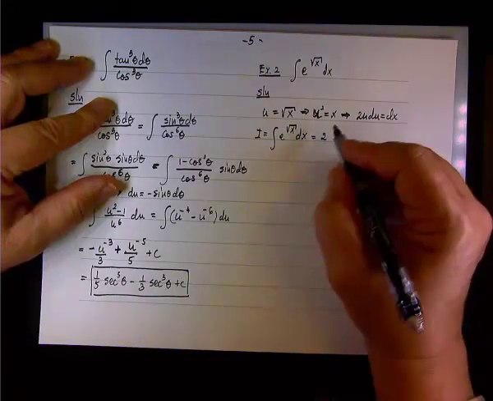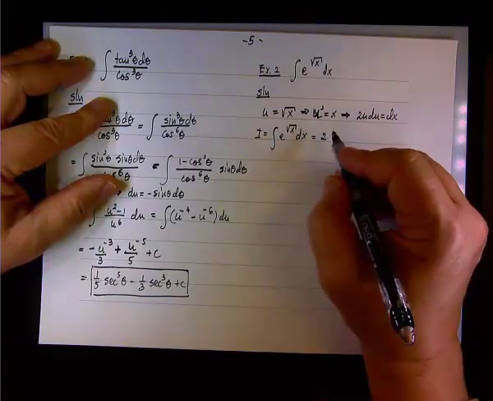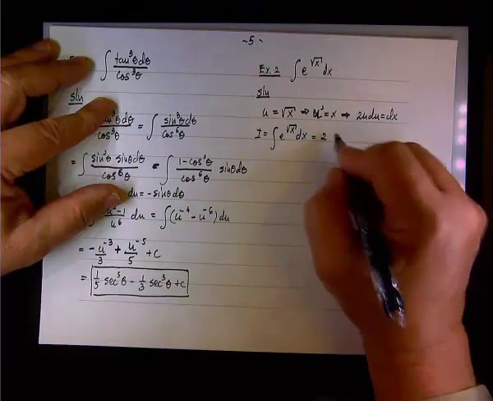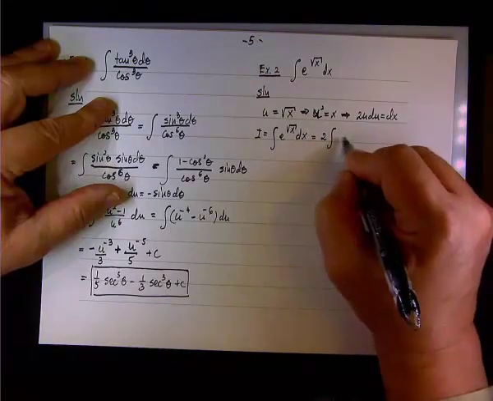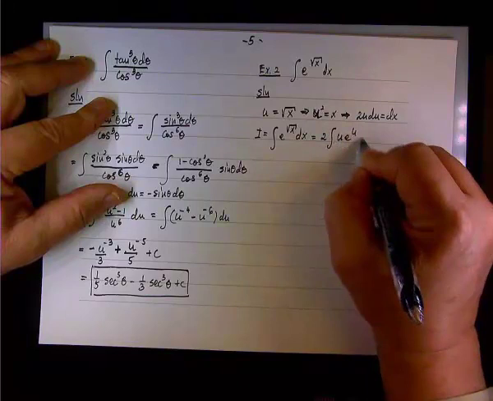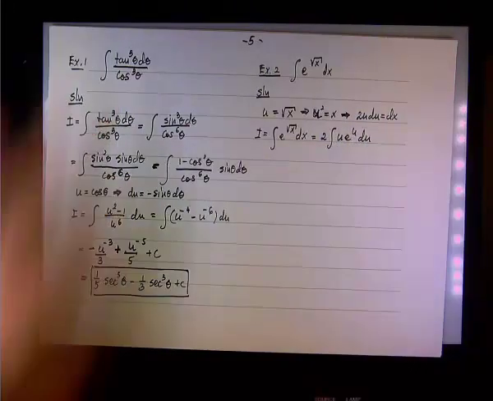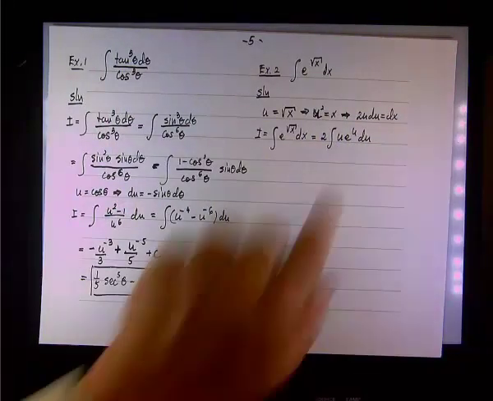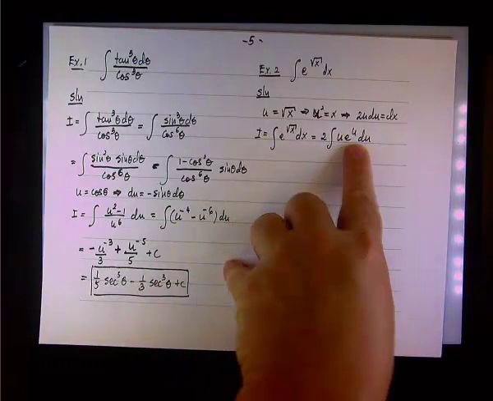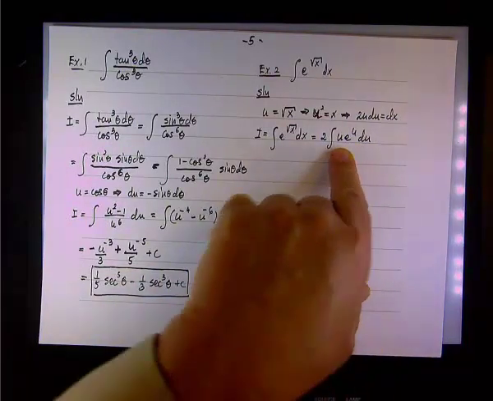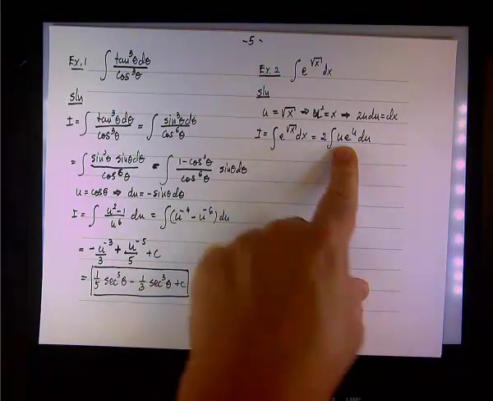Pull out the 2, and it becomes the integral of u e to the u du, and this is a case where we have